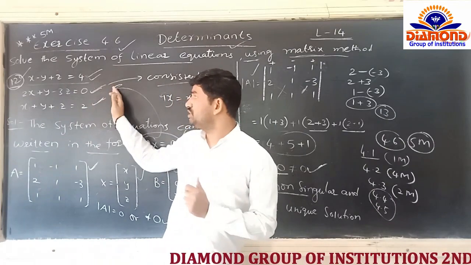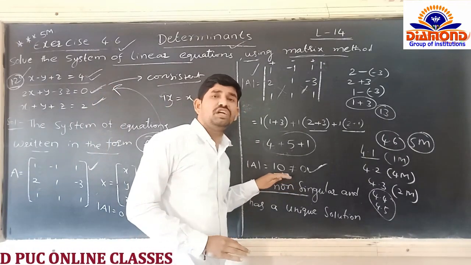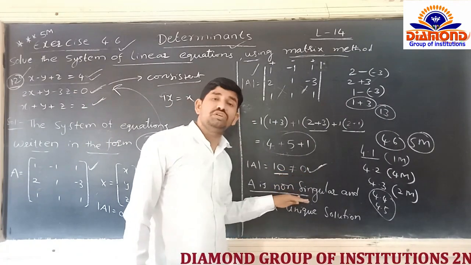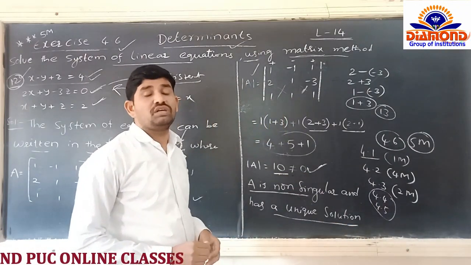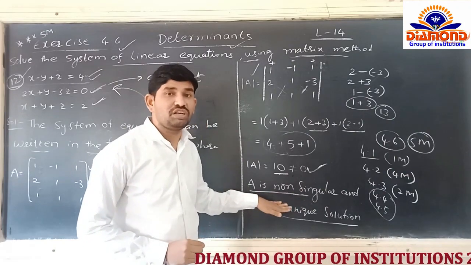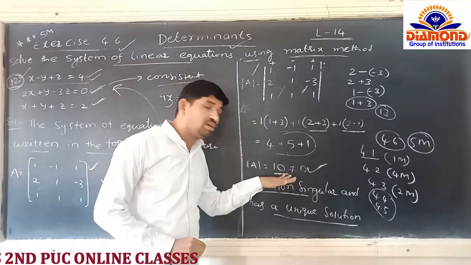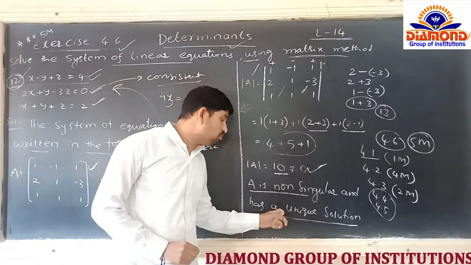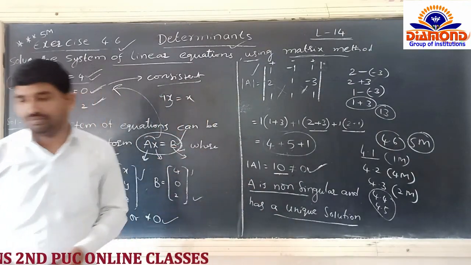Yes. These are the consistent system of equations means remember if we are having the determinant of A not equal to 0 immediately we have to write A is a non-singular and having the unique solutions. Which kind of solutions are there? Unique solutions. Unique solutions we are having from this because of the system is consistent system is nothing but here determinant of A is not equal to 0 means definitely we can have the solution is which kind of solution that is? Unique solution. Just I will rub this.